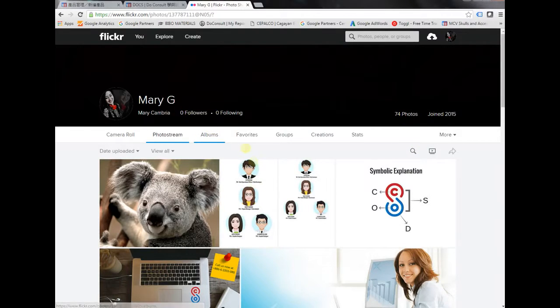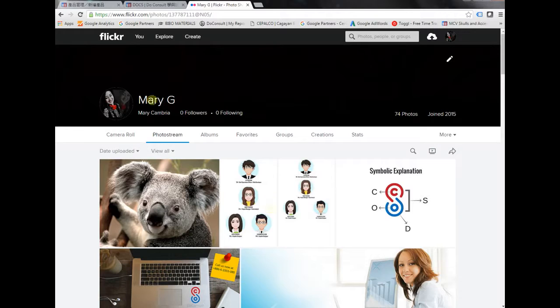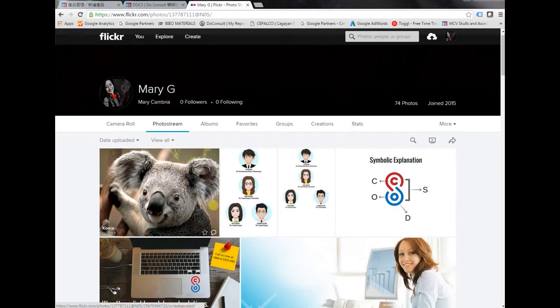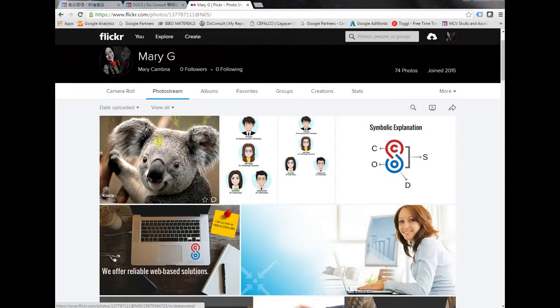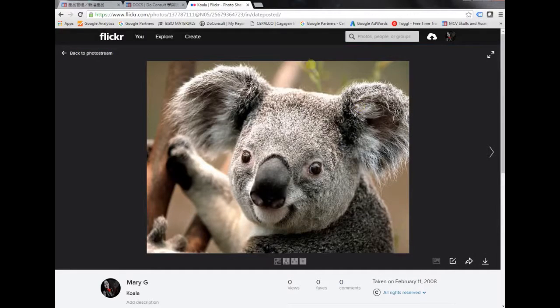Alright, so I am in my photo stream. You can also click here, view, and then photo stream. If you want to use this picture, I will just click on it. After clicking it, I need to click on this arrow icon, the share photo button. I will click here